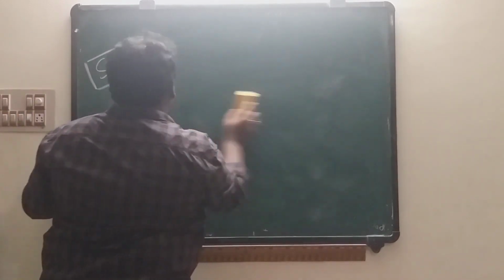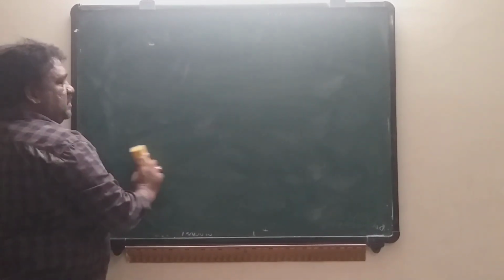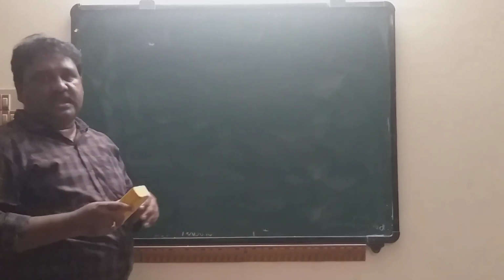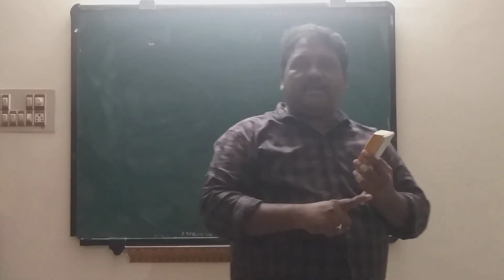Now we will see about surds. Surd is nothing but radical. Surd is also known as radical, and also known as irrational number. Now, we will see the laws of radicals.